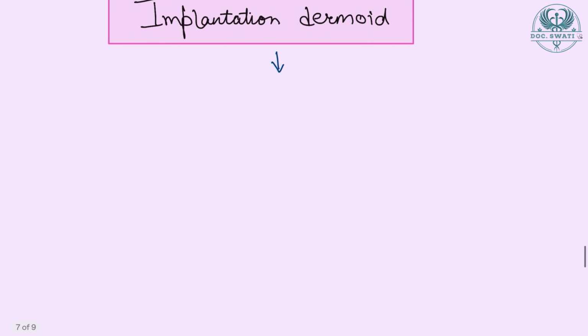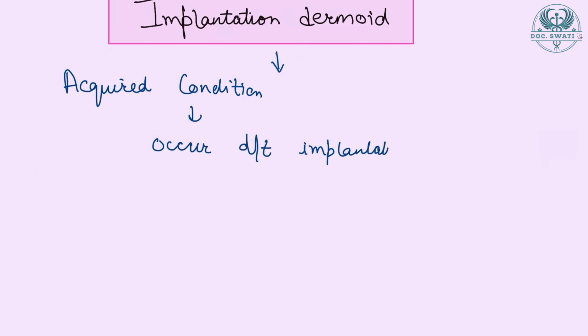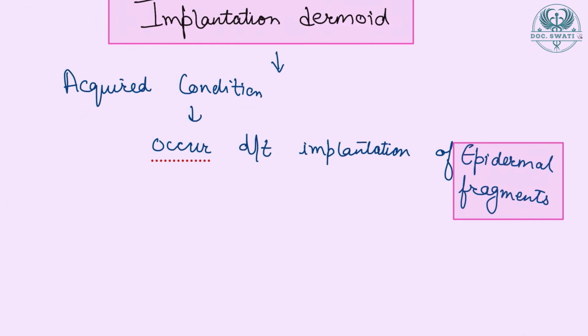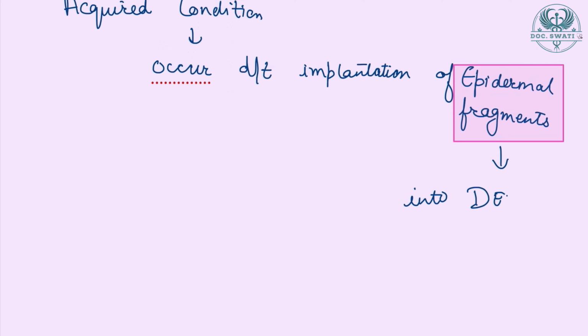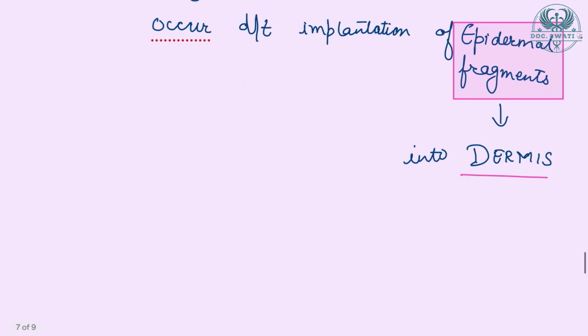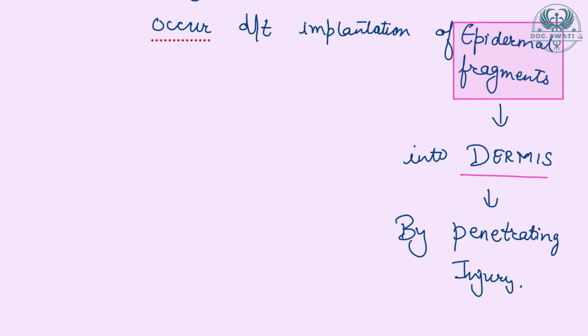So what is implantation dermoid? This is an acquired condition that occurs as the result of implantation of epidermal fragments into the dermis by a penetrating injury. The epidermis continues to grow and forms a cyst lined with stratified squamous epithelium, and this is filled with keratin. Histologically, the inclusion epidermoid cysts are lined with stratified squamous epithelium with granular cell layer,